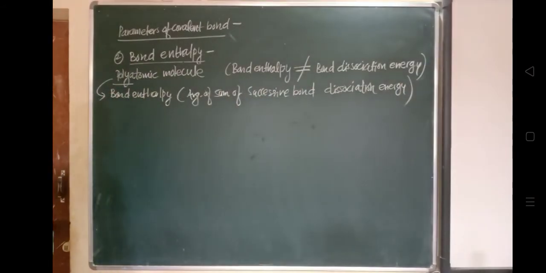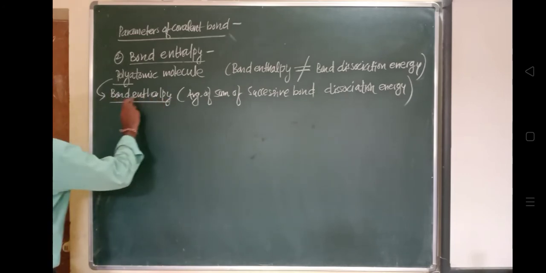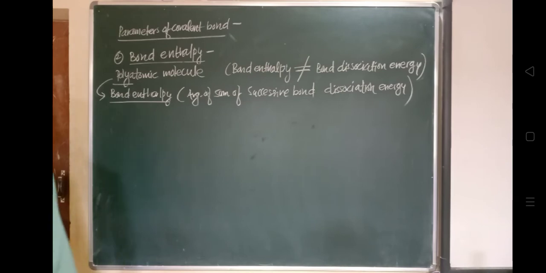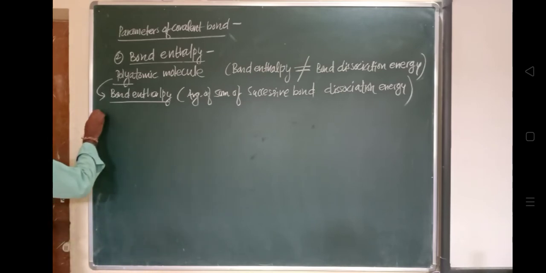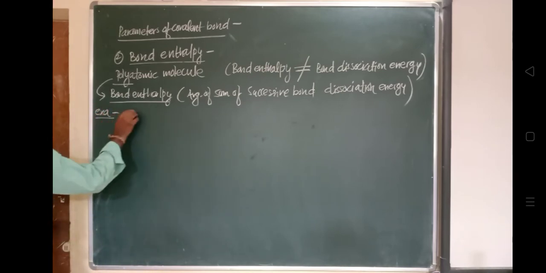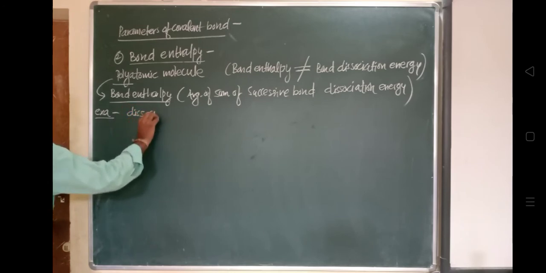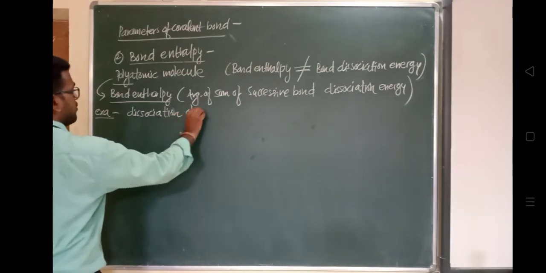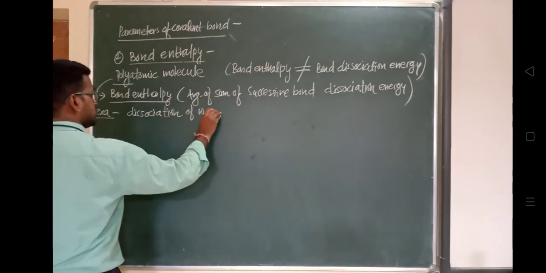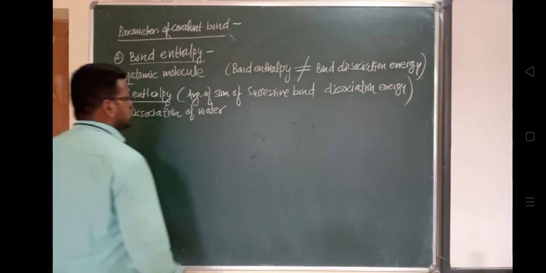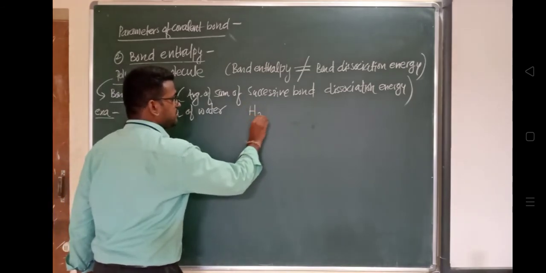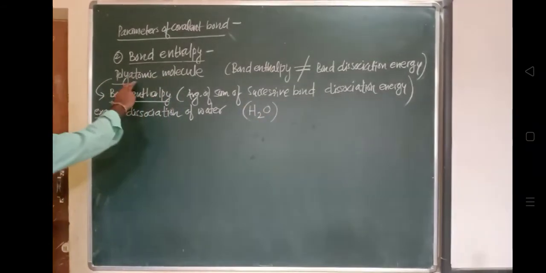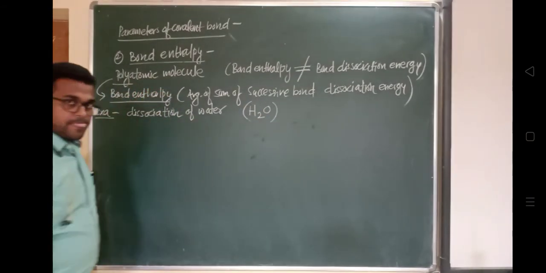Understand? We cannot say H2 is a polyatomic molecule because H2 has the same atom twice, and that's why it is a diatomic molecule. Here, one is a hydrogen atom and another is an oxygen atom. If different atoms take part in the formation of a molecule, that is called a polyatomic molecule. So you must have a very clear idea about polyatomic and diatomic molecules, and the difference between them.